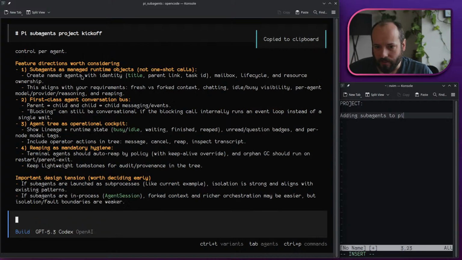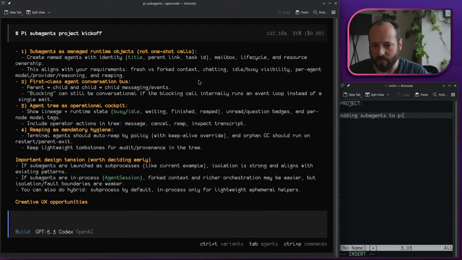Okay, features. Subagents as managed runtime objects, not one-shot calls. Create named agents with an identity, a title, a parent link, and a task ID, a mailbox, a lifecycle, and resource ownership. Yep, this aligns with your requirements. Fresh versus forked context, chatting, idle busy visibility, per agent model, provider reasoning, and reaping. Yeah. First class agent conversation bus, parent-child, and child-child messaging events. I don't know if I want child-child messaging. There are situations where I do that. So what it's talking about is